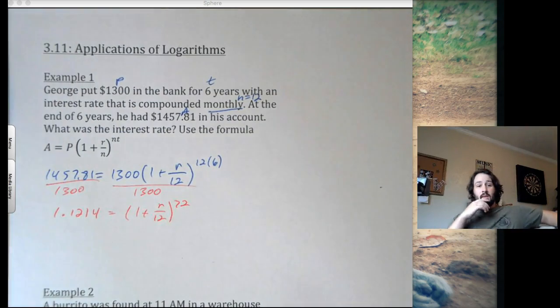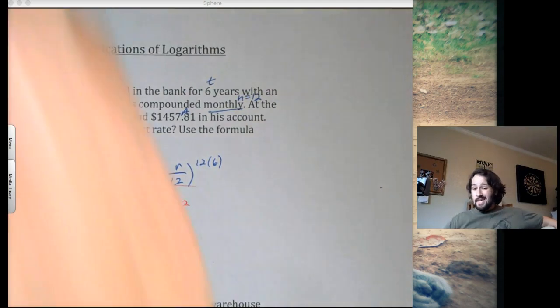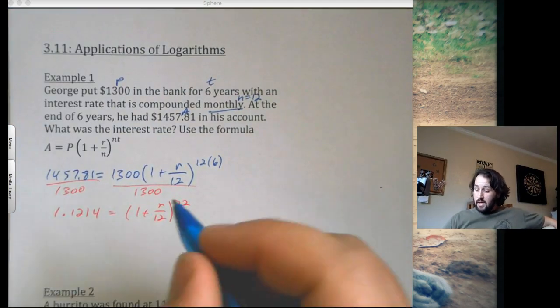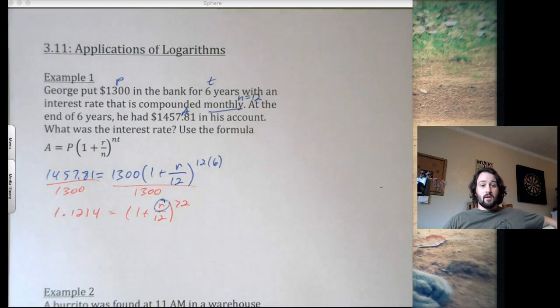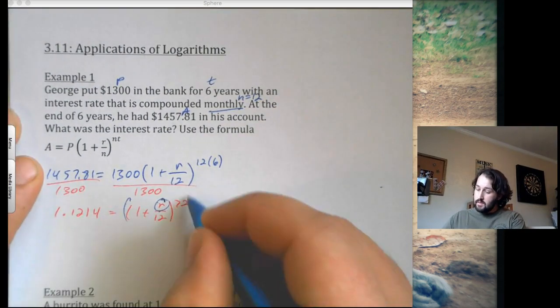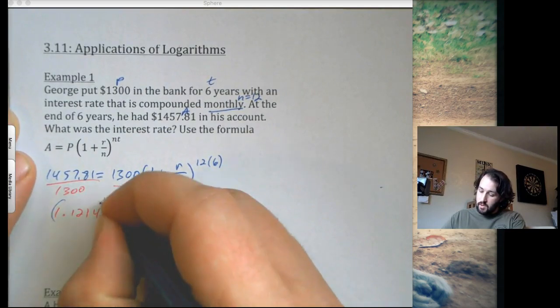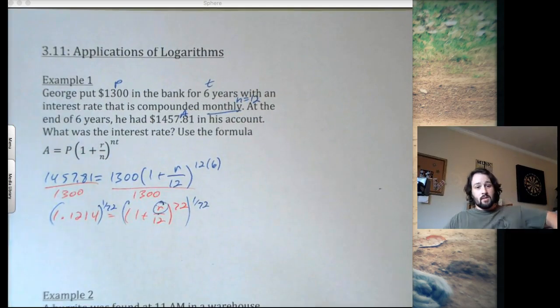So now I'm kind of stuck, aren't I? But I don't need to rewrite this in exponential form or logarithmic form or anything like that. It's not even actually in exponential form. My variable is right there. My variable is not in my exponent. So what I would do here is it's kind of like solving when we were doing it with roots and exponents. So if I take the inverse power, the 1 over 72 power,